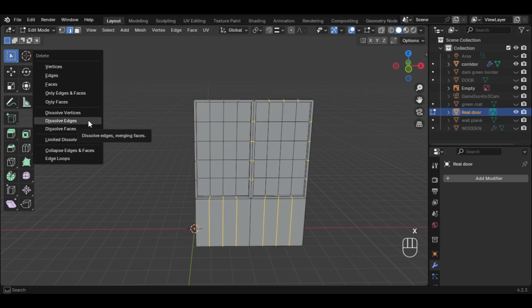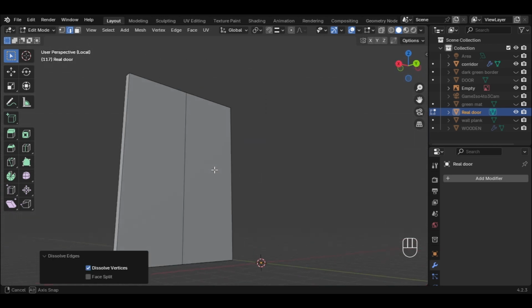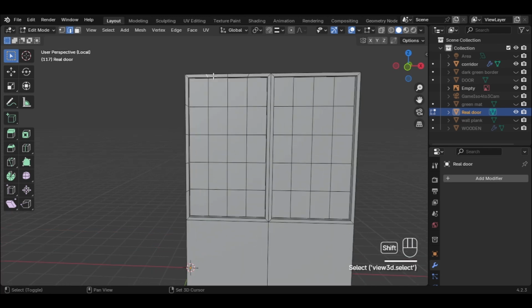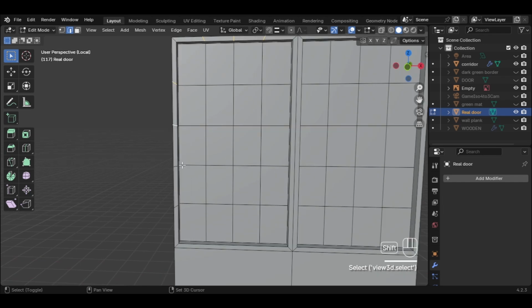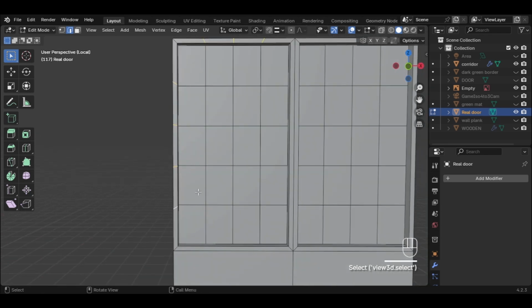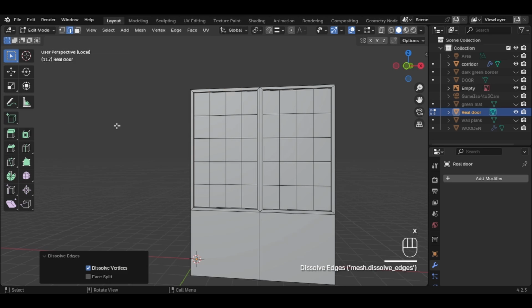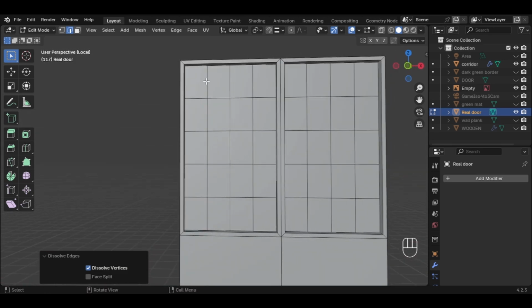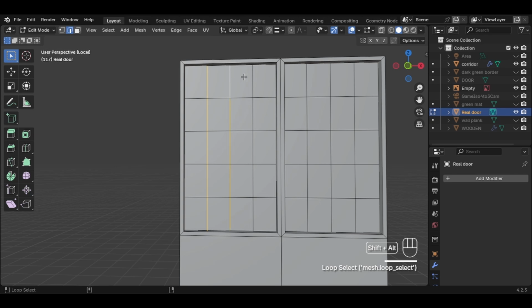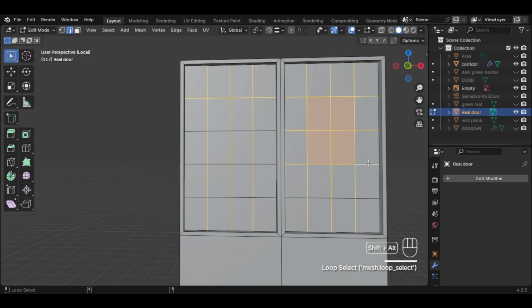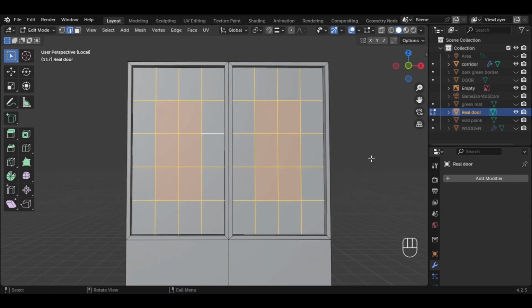Press X and dissolve edges. Wait a second. I guess I didn't select these. Yes. Now we'll select all our edges. Press Shift Alt to select the whole edge loop. And now press Ctrl B to bevel it